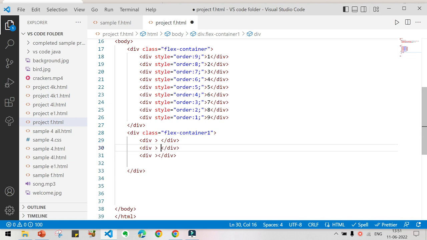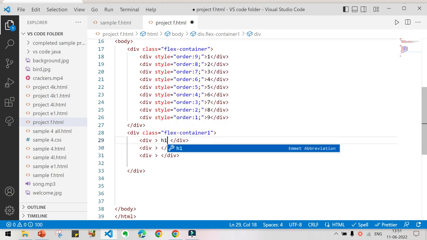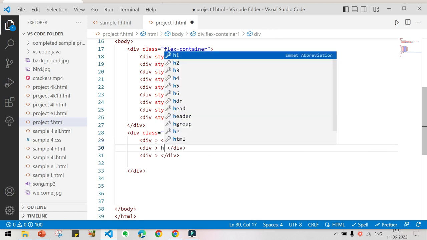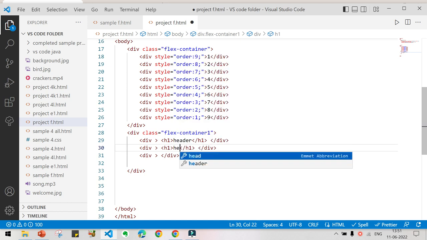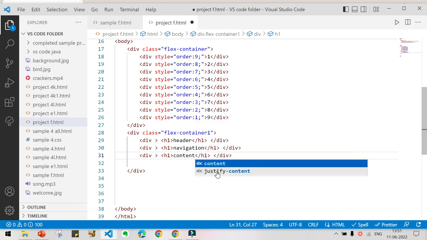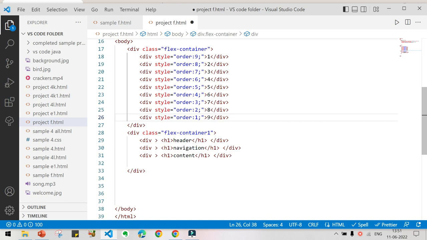You use the h1 element, and inside that h1 I am going to type header, and here also I am going to use h1, and inside this I am going to type navigation. Sorry if my pronunciation is not correct. And here also I am going to give this as heading, content. Now press Ctrl S